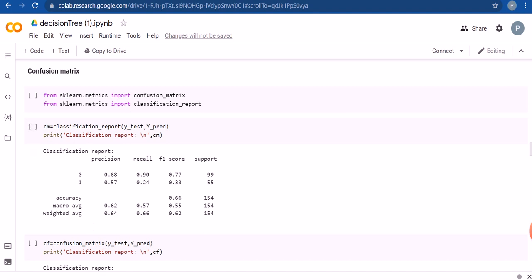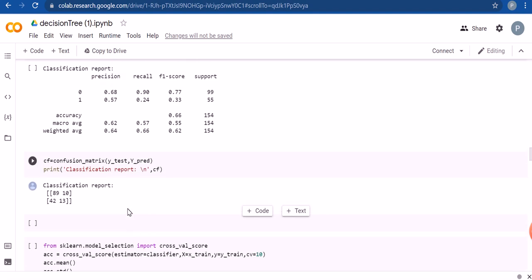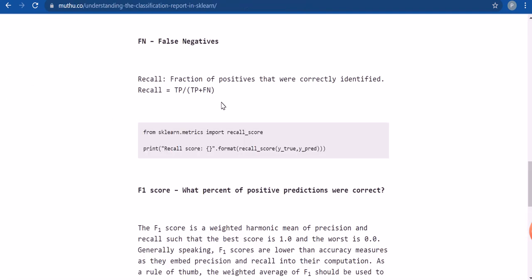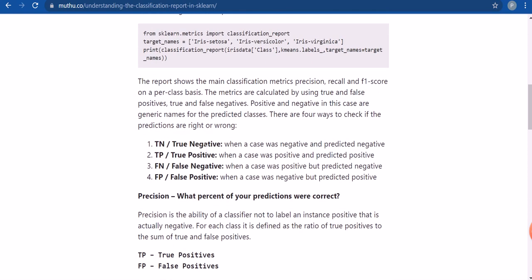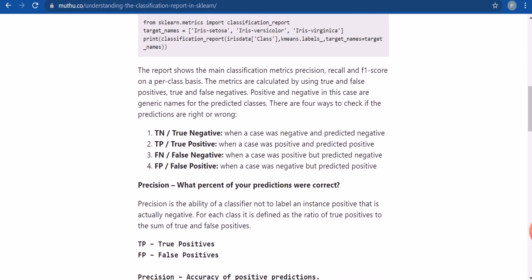false positive and false negative. Now what are true positive, true negative, false positive and false negative? So over here we can see the true positive and false positive values. True negative: when a case was negative and the predicted was negative, that is, if a particular person is not diabetic and the prediction done by the system is also negative for the test, then the output is said to be a true negative. For true positive, we get the value when the test was positive and